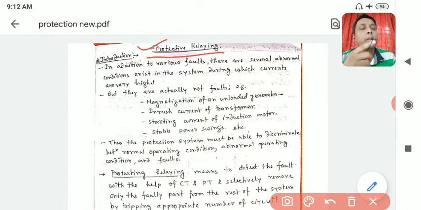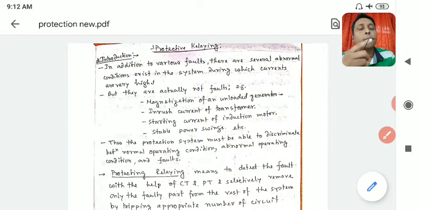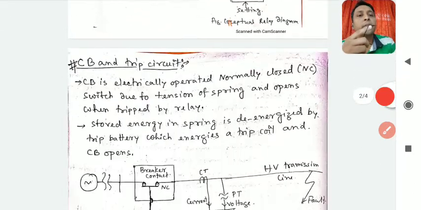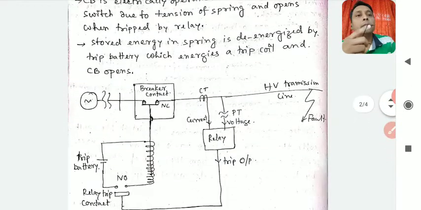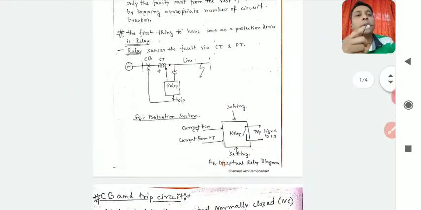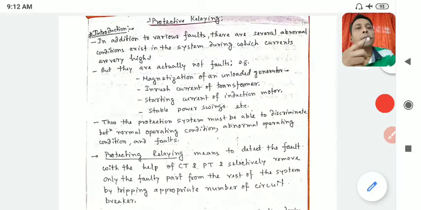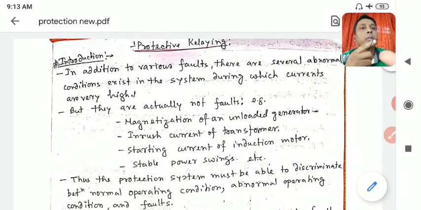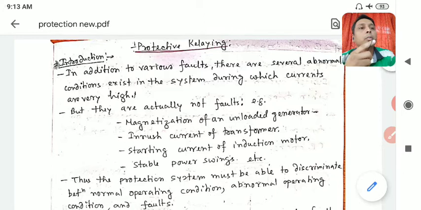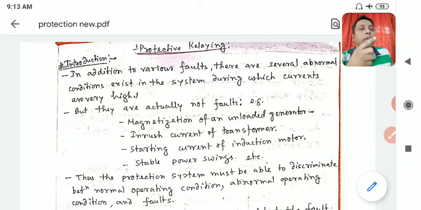What I have done here is made some new notes in protective relaying, and I have inserted them in between the old notes. I will show you. Like here, I have inserted this first page, second page, and then you will come back to your old notes. So up to 4 pages are there. As and when required, I will be inserting new pages so that you have a better understanding of the topic. So let's start. What is protective relaying?